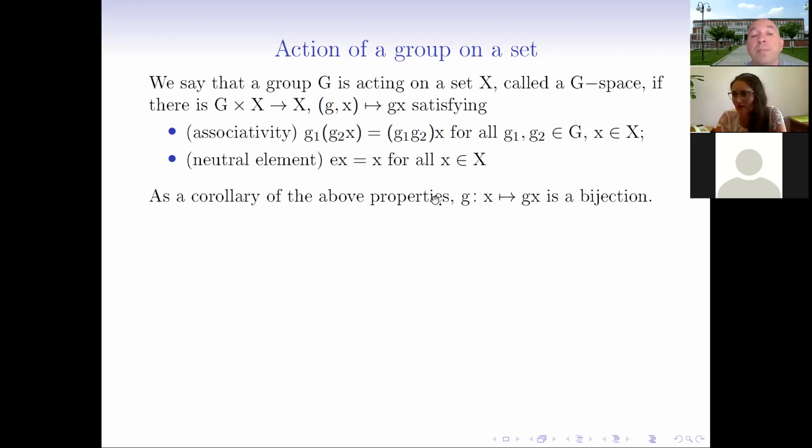As a corollary of the above properties, if we fix g in G and consider the following map, which sends x in X to gx, this must be a bijection because